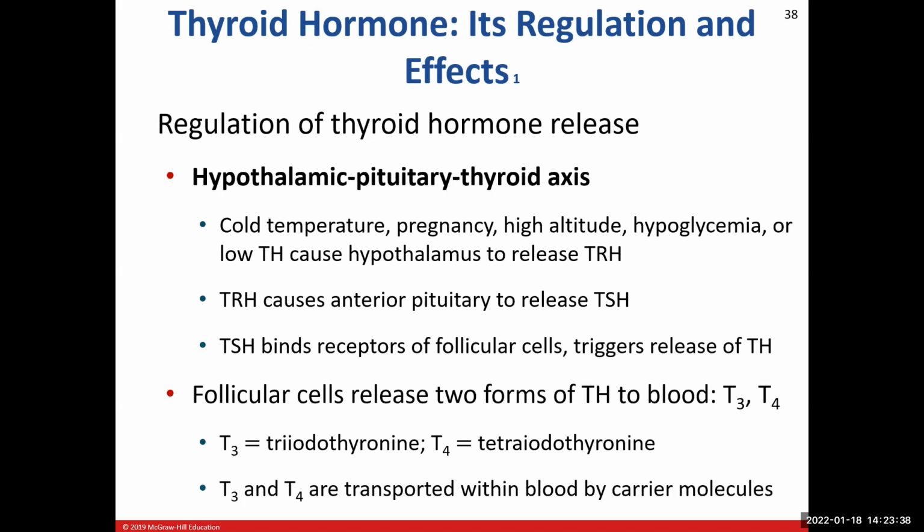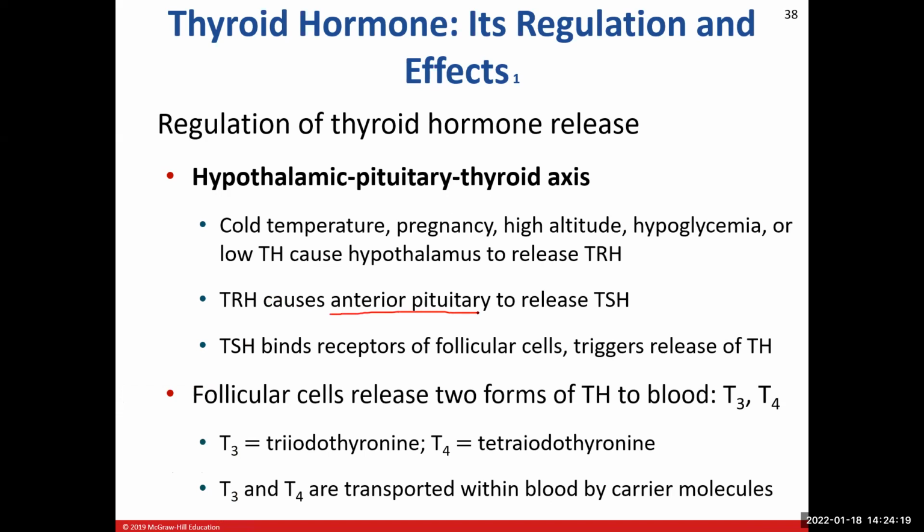So let's start off by looking at our stimuli. What are some of the stimuli that are going to eventually result in the release of thyroid hormone? Cold temperature, pregnancy, high altitudes, hypoglycemia, which is low blood sugar, and of course, if you have low thyroid hormone floating around. All of those are going to stimulate the hypothalamus to release thyroid releasing hormone, which will then stimulate the anterior pituitary to release TSH, which is thyroid